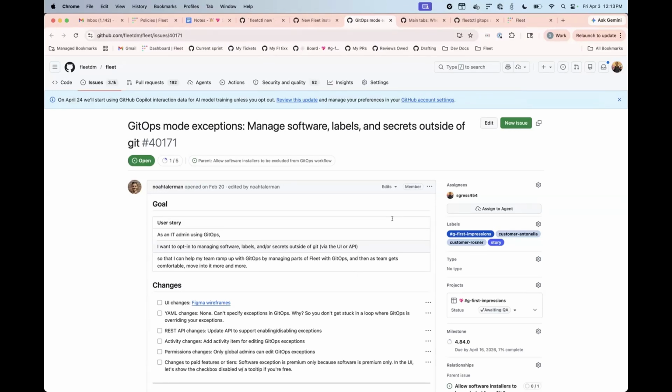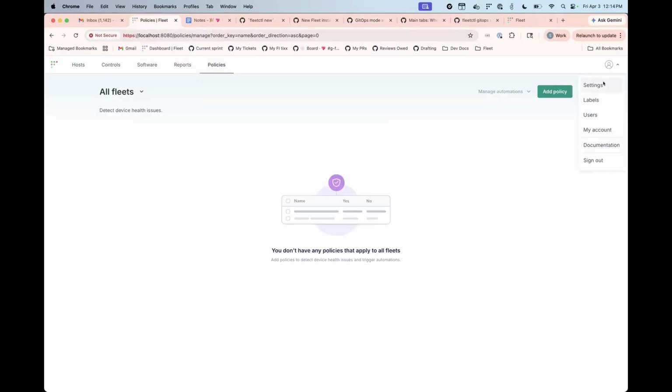So the background for this is when you're using GitOps, the best practice is that your configuration files are your source of truth and you can determine the state of your Fleet instance just by looking at those files, and all your configuration can live in those files. But this does present some friction for migrations, for new customers, that as part of the first impressions group, we're trying to overcome. So what this looks like in practice is that if you go into your Fleet instance now